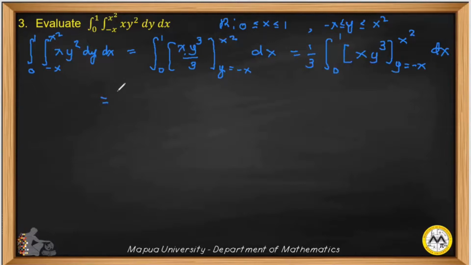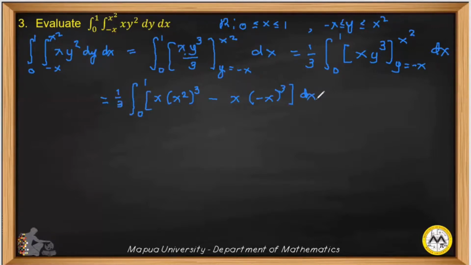Hence, we have 1/3 integral from 0 to 1, evaluating the resulting integral x y cubed from y equal to negative x to x squared. When y is equal to x squared, this will give us x times the quantity x squared raised to the third power, minus the value of the integral when y is equal to negative x. So minus x times negative x raised to the third power